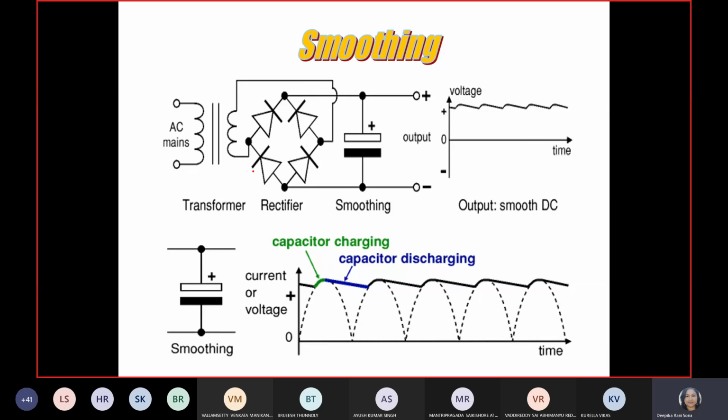Then for the smoothing purpose we have to use the filter, guys. For filters, mostly we are using a capacitor and resistor combination, but normally we will say just a capacitor will perform the smoothing operation. In detail, with the help of the op-amp we can get more smoothness for the input voltage applied to the circuit, and it will generate a smoother output. Okay, these are the things we will see later.